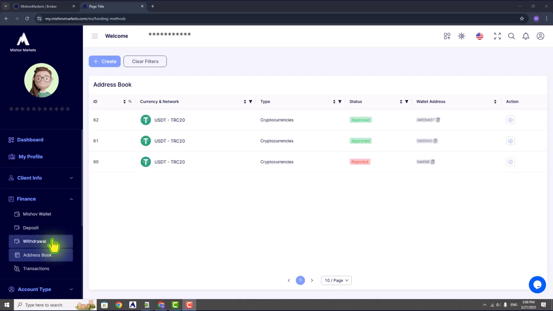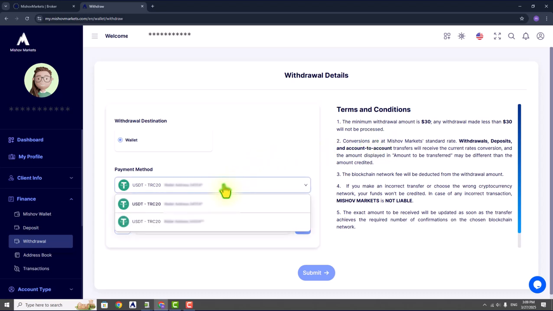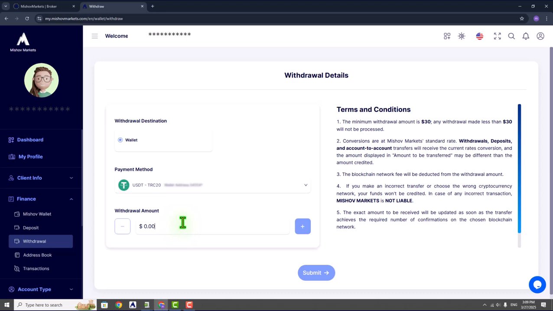Let's go back to the Withdrawal tab and from here withdraw the amount that you want. Make sure to read the terms and conditions carefully. From here you can choose the payment method. Make sure to choose the right and valid one. Enter the amount that you want to be withdrawing